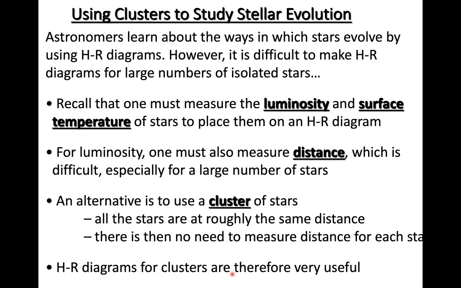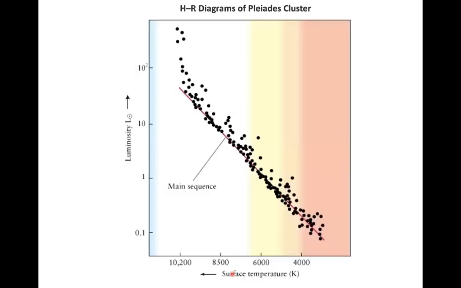Now, the problem is it is not easy to make HR diagrams for a large number of isolated stars, which means if you do not have these star clusters, you need to get these isolated stars from here and there, and then you have to make an HR diagram, right? To make the HR diagram, the problem is, I don't remember whether you remember the axes that we have in an HR diagram, right? So if I go ahead, this is an HR diagram. You need to measure the luminosity and you have to measure the surface temperature, right? And now if you need to make an HR diagram, you have to measure these things, right?